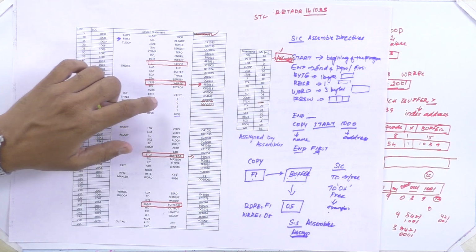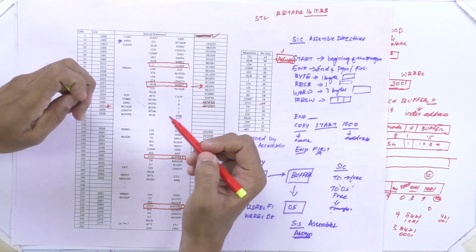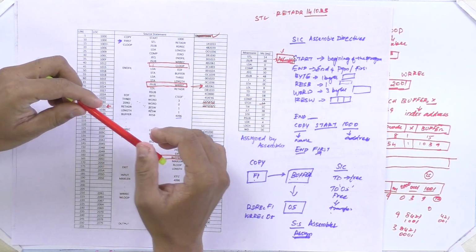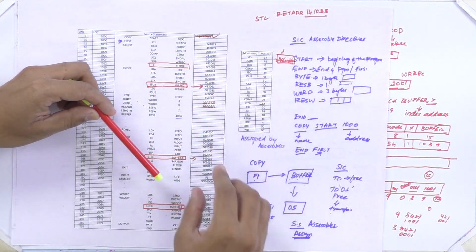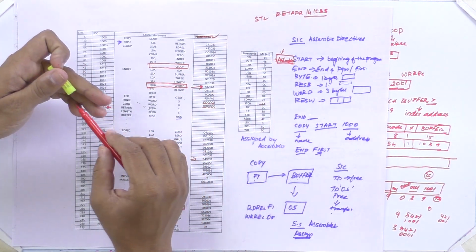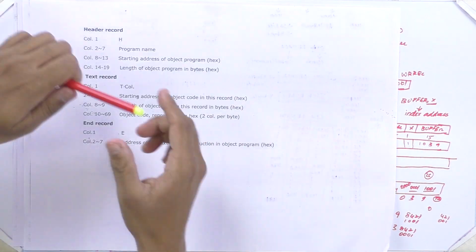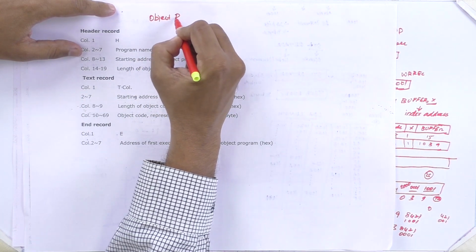So from this object code, next we have completed the object code creation. First what we did is we have assigned address. From assigning address we have gone to create object code. The next step is writing the object program. For object program there are three steps. So first, an object program will contain three records: